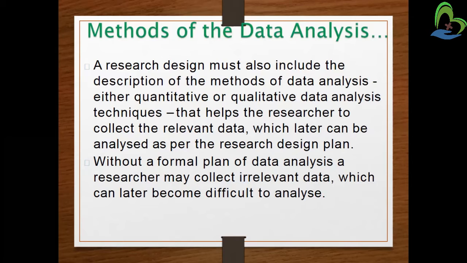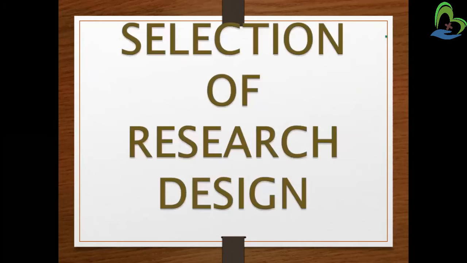But in quantitative data, I will observe something in numerical form. I just want to calculate, after enhancing my propaganda, or promoting my business well, how my number of sales has increased in that particular year because I have manufactured different varieties. So that is how much sales have increased. That is giving me certain numerical values. That is what the researcher is finding through the research design plan. Without a formal plan, data analysis will be irrelevant and it will become difficult to analyze.